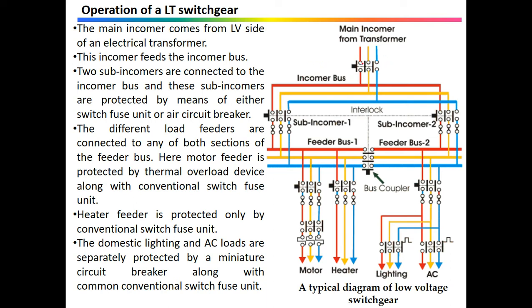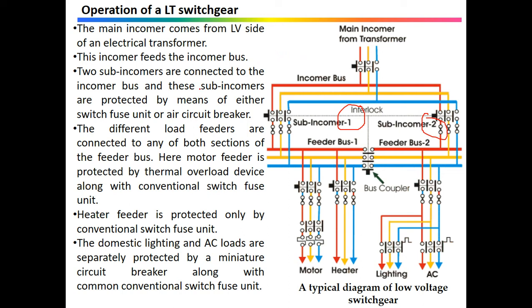The MCCB is not shown in here, and there are two sub incomers. This is the first sub incomer and this is the second incomer. These two sub incomers are connected to the incomer buses. So this is the incomer bus, it is connected to this. So thereafter